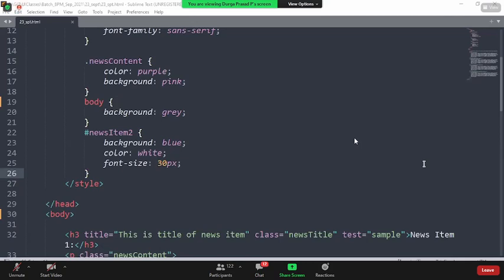Sir, will you teach first HTML, then CSS, or together? So Gulshan, if you see in our last class itself, at the very starting itself, we were clear that HTML, right? It is not the case that we first of all finish the HTML, later we finish the CSS. That can never happen.